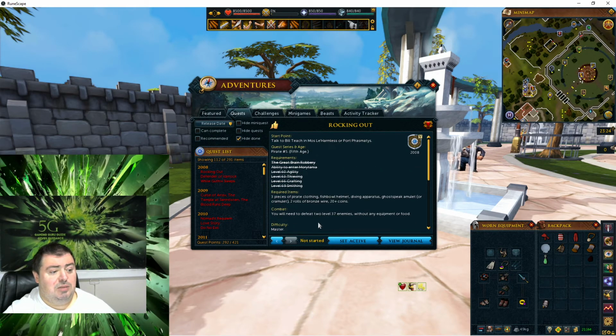So heading back up to the top here. This quest you can start by talking to Baltij in Most Harmless or Phasmatys. Right, so we'll go ahead. We have the active file which we can use to port to Phasmatys, so we can go ahead quickly and start. However, first,